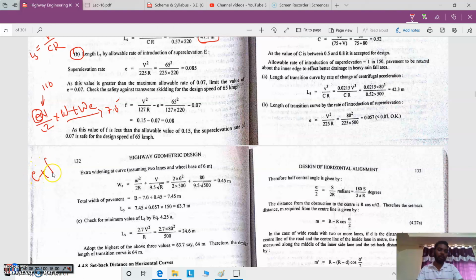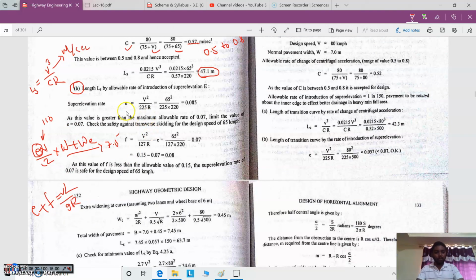E plus f equal to V square by gR. V square by gR is to be considered here. So here we have E equal to, and this is considered for mixed traffic condition, 0.75 V whole square divided by gR, that is E equal to,